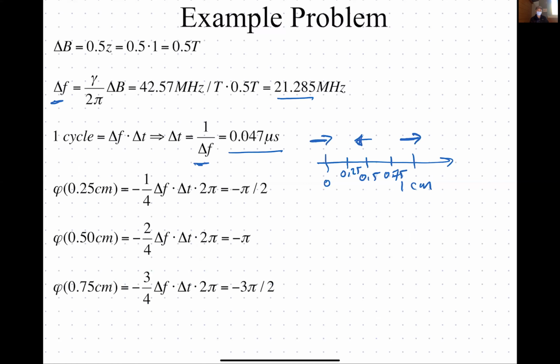Okay. And if I went to 0.25, the frequency is only 1/4 as much, delta F. And since the precession is clockwise, it means I'm only going to go 90 degrees clockwise, right? So it's this, and then so on and so forth, and you can write this. Okay. So essentially, this is a pattern you're going to see a lot of